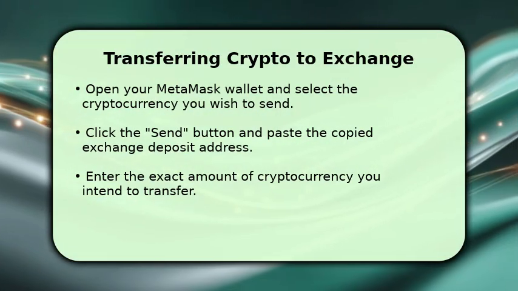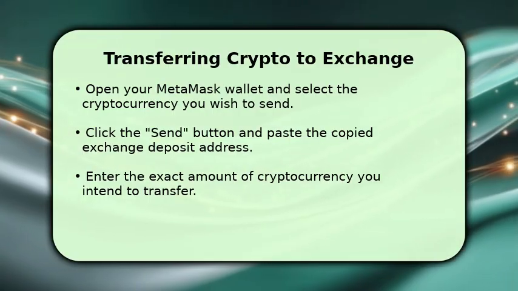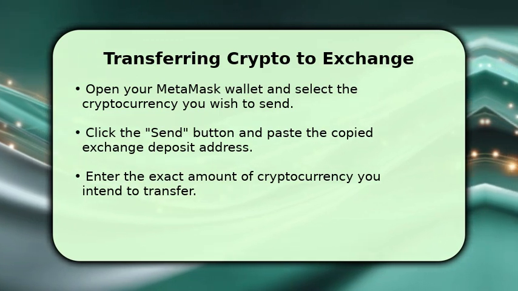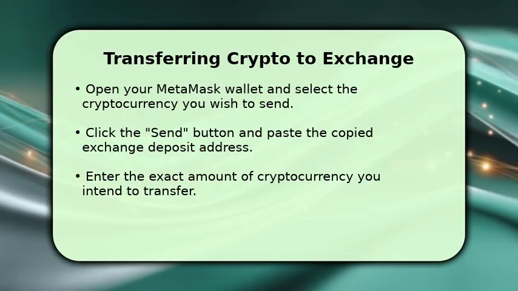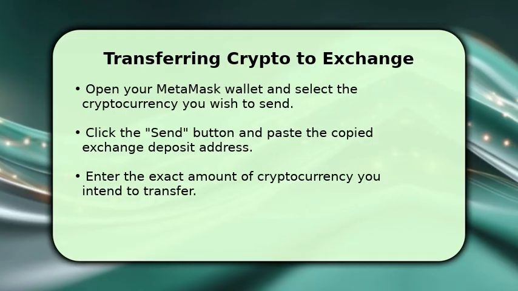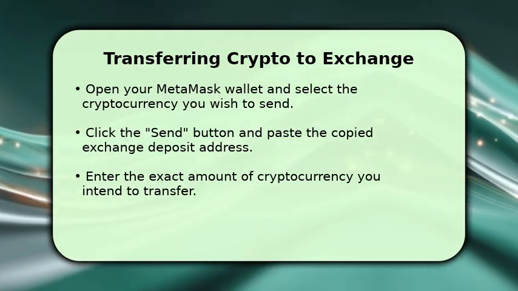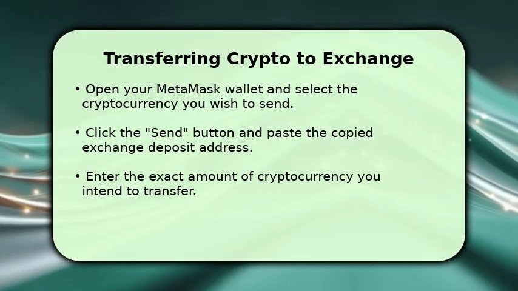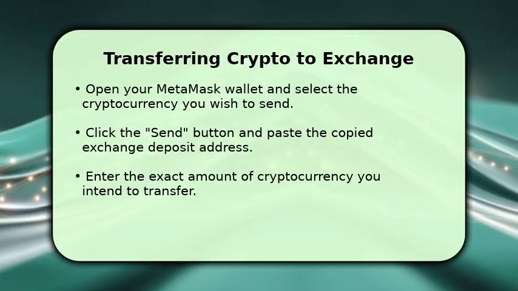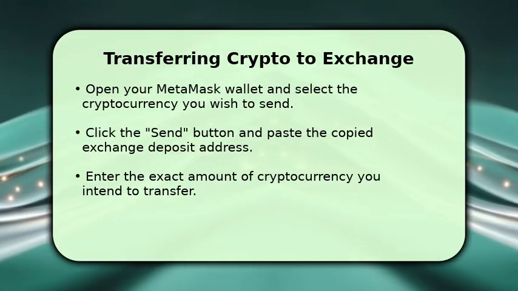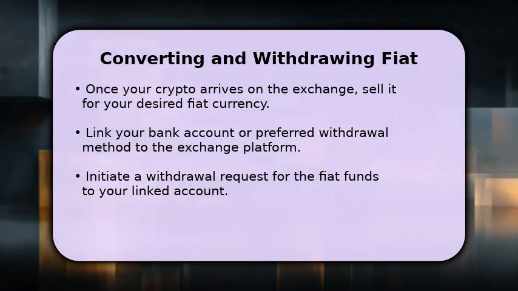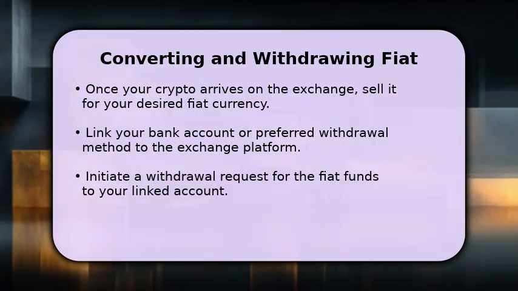Now, open your MetaMask wallet and select the specific cryptocurrency you wish to transfer. Click on the Send button and then carefully paste the deposit address you copied from the exchange into the recipient field. Enter the exact amount of cryptocurrency you want to move. Always double-check all transaction details, especially the network or gas fees, before confirming the transfer to ensure accuracy and avoid errors. After your cryptocurrency successfully arrives on the exchange, you can proceed to sell it for your preferred fiat currency,